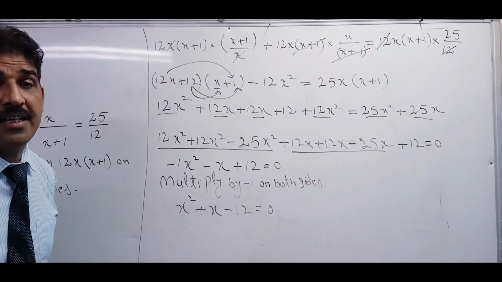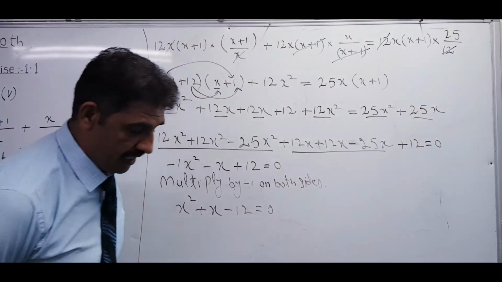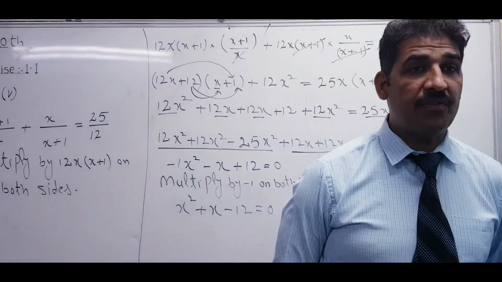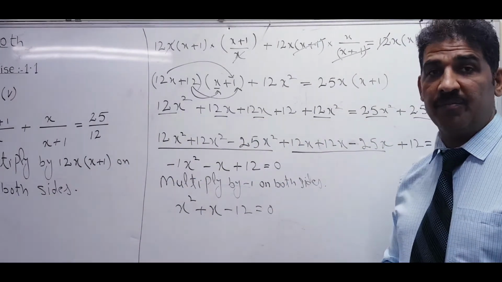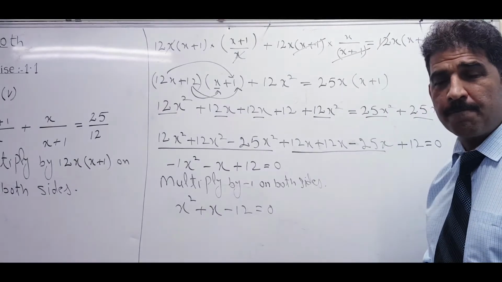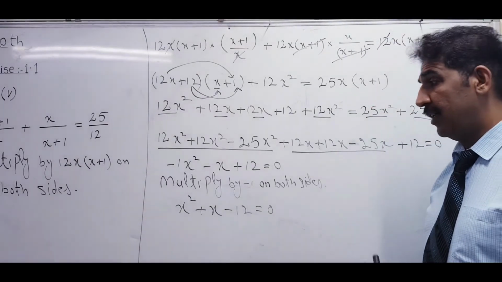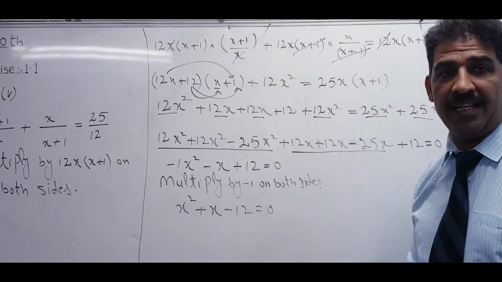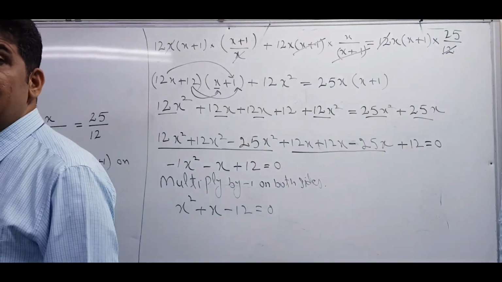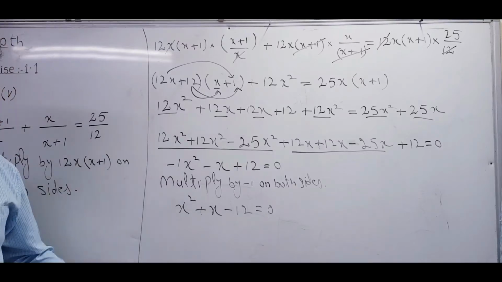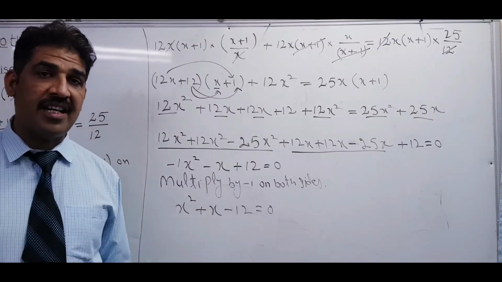This form is called, what is called? Now tell me about this form which is coming in front of you. So this form is which type of the form? Standard form. Is it pure quadratic equation? No. Why? Because x term is remaining. That's why if x term finished, then it's a pure quadratic. So that's why it's not a pure quadratic equation, but it's quadratic equation in standard form.